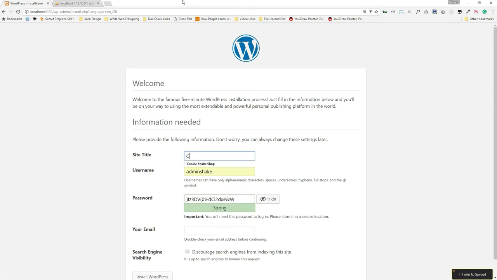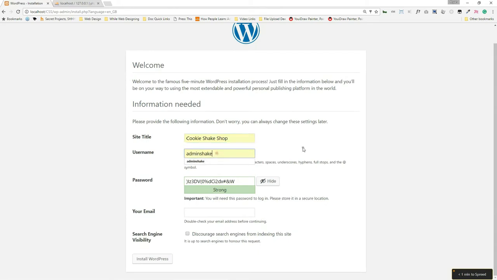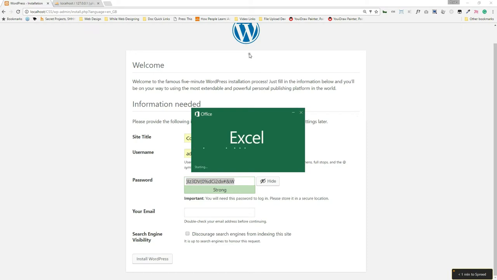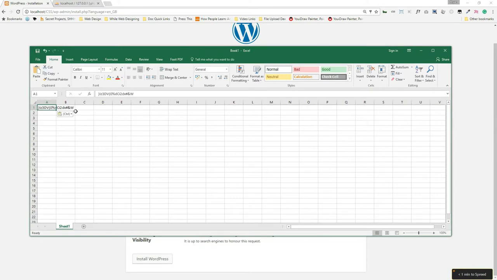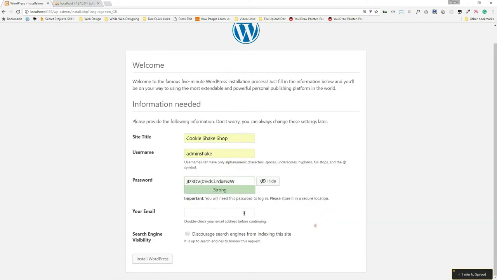All right. So this is going to be COOKIES. Oh, perfect. Cookie Shake Shop. My admin will be admin shake. This is fantastic. This computer's doing all the work for me. And my password is nice and strong there. So I'll take that. I'll open up my Excel, blank, and I will just paste that there for now. Whoops, delete. My username is admin shake, SHAKE. And my password is that. There we go. All right, and my email is